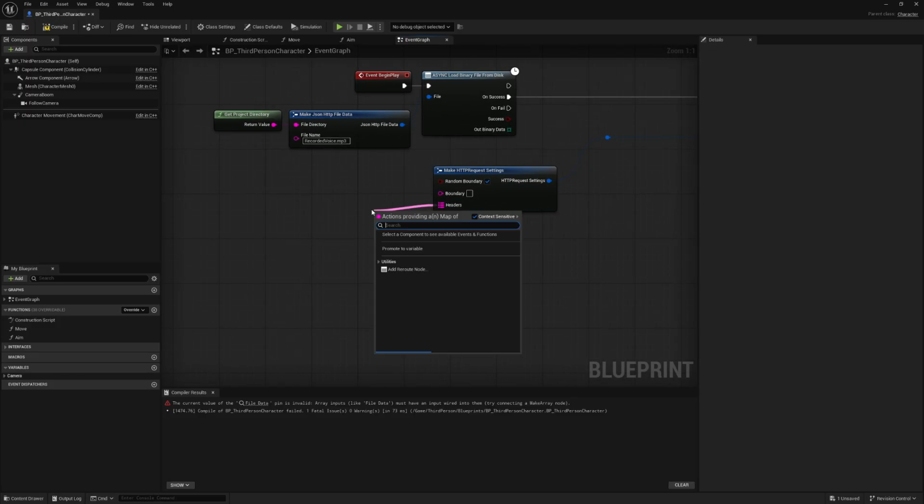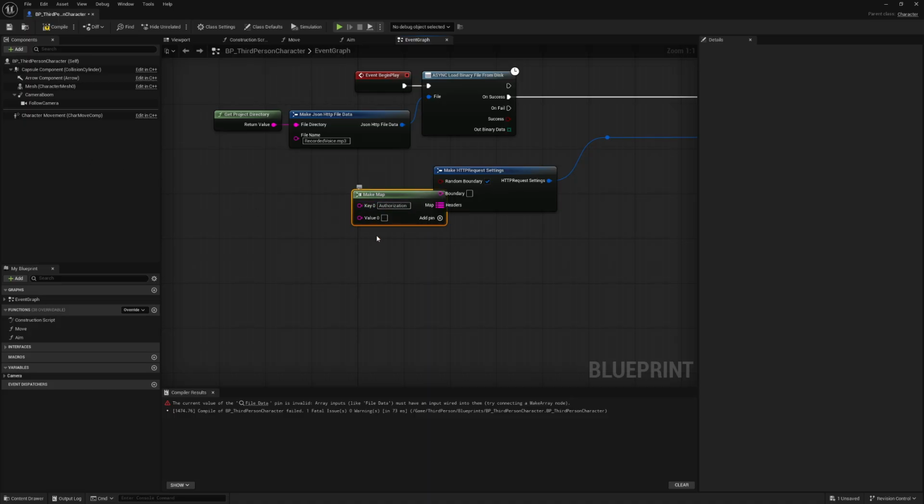And then for the headers, we actually need to pass in a few headers. So the first header will be the authorization, which is an OpenAI key that tells OpenAI that I am actually a legit user and I'm not a bot, or I'm not trying to flood your systems. So this will be the actual key value, the key header, and the value will be the actual key itself,